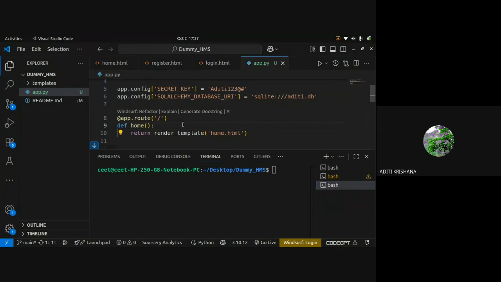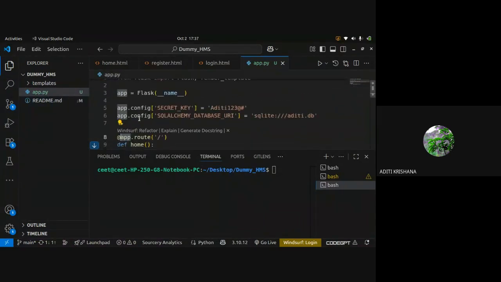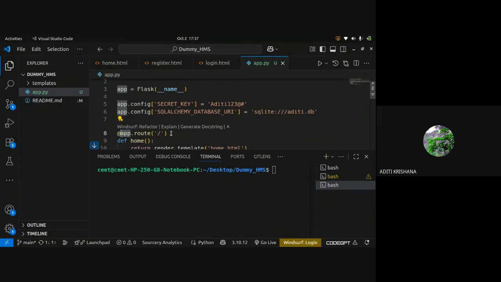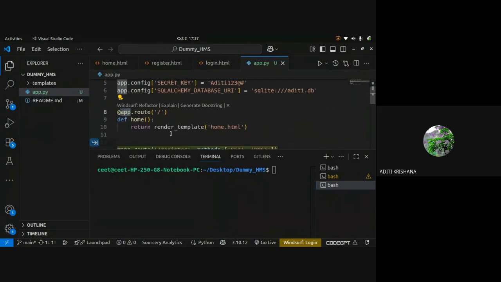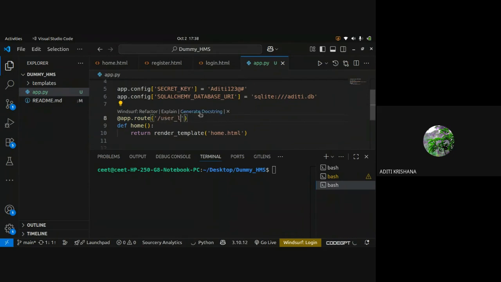You can see here that I have created the route, and again the app variable is getting used. So for the second thing, route creation, Flask initialization is important. After creating the route, I have given the path. This is the mandatory path for the first route, but later on you can decide your path name. For example, for user login, you can give the path name as /user_login. So this will be your route path.